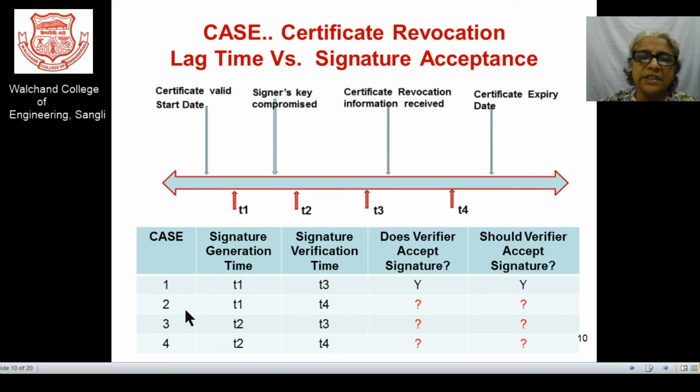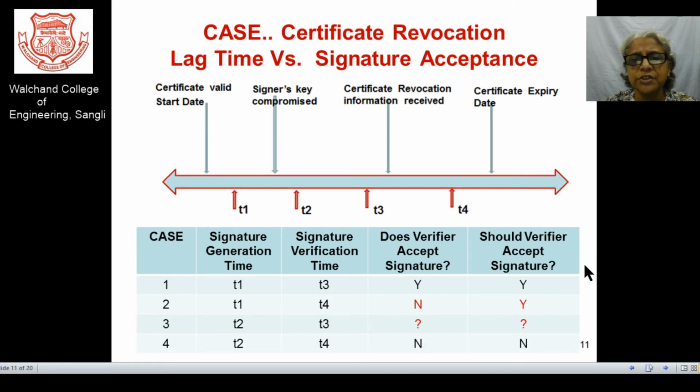But if I go for the second situation, where the signature generation time is T1 and the signature verification time is T4, what will happen at that time? Because at that time the revocation list must have been updated. So what will be the answer here? Think for a while: should I go for yes or no here?